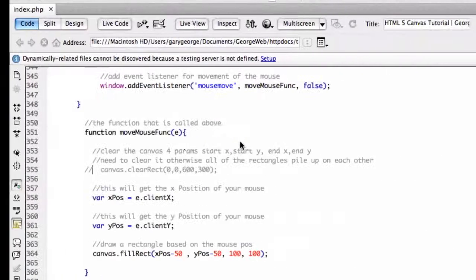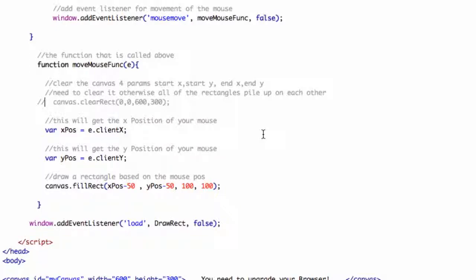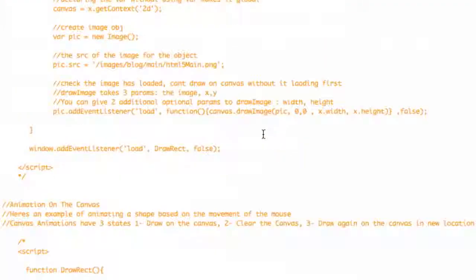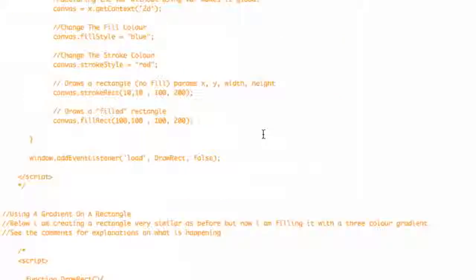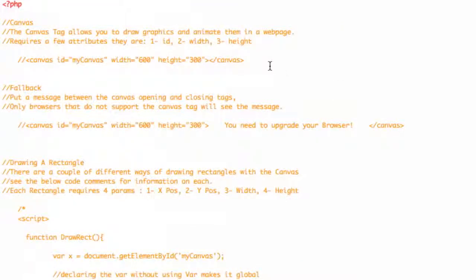Let's refresh. So this time you see it's not restarting, it's literally like it's colouring it in. And I guess that could be useful if you wanted to make some sort of paint application or whatever, I don't know. But yeah, that's it. So I think there's a fair few bits there to help you get your head round everything. And what I'll do is I'll put this in the description